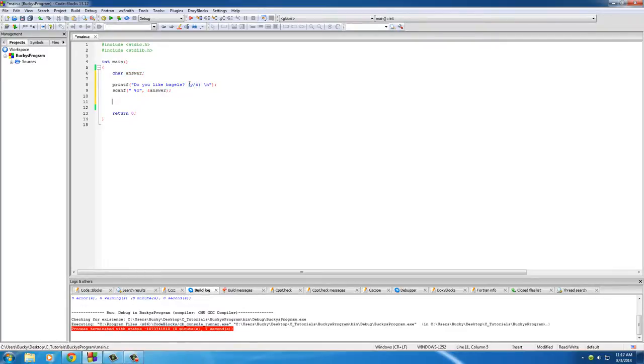Now we want to make sure that they actually did write Y or N and they didn't type something stupid like P or the word meatball or anything like that. Because if they did, it would break our computer program. So let's go ahead and make the basic structure first. We'll make a test that if they enter the correct data, then we'll print out,